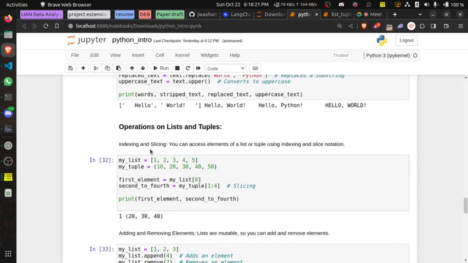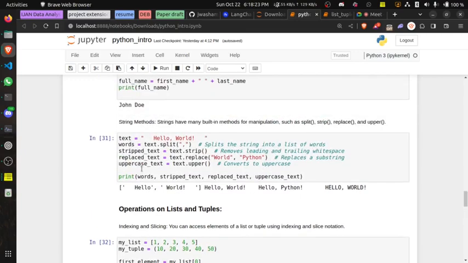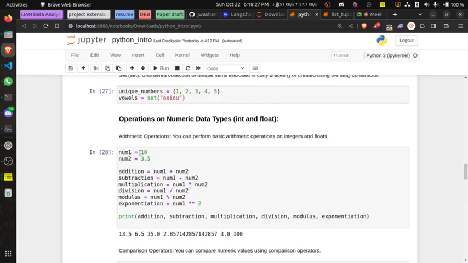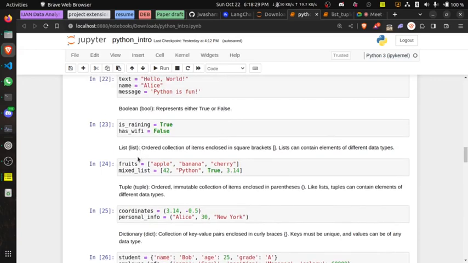This is a list, actually. Fruits has these items in it. Mixed list has number, text, boolean, float in it. This is more like a coordinate, and the coordinate is stored as a tuple.